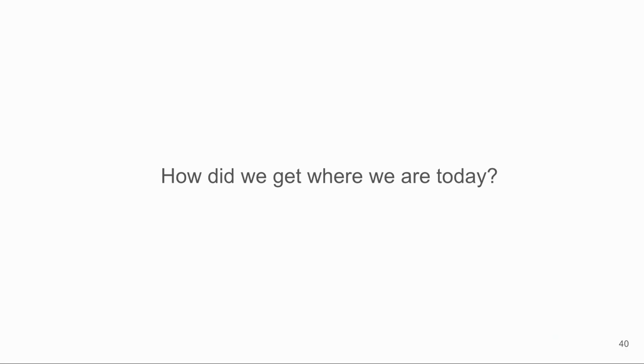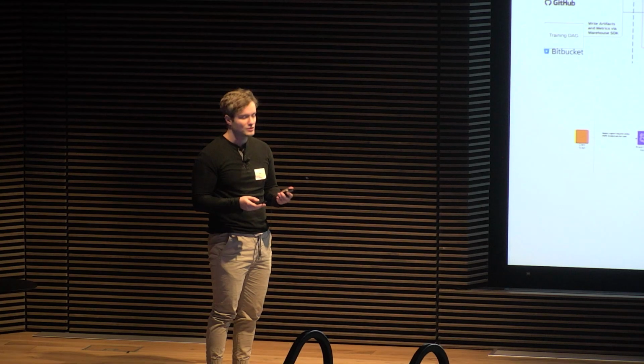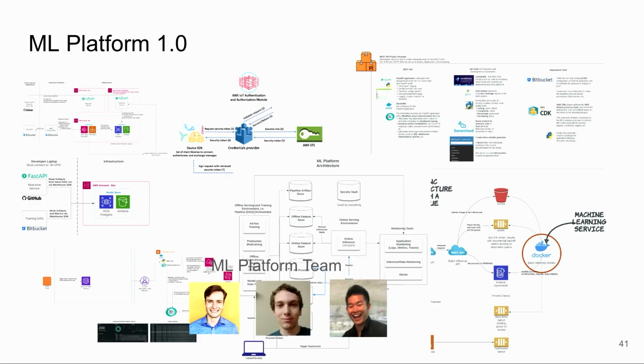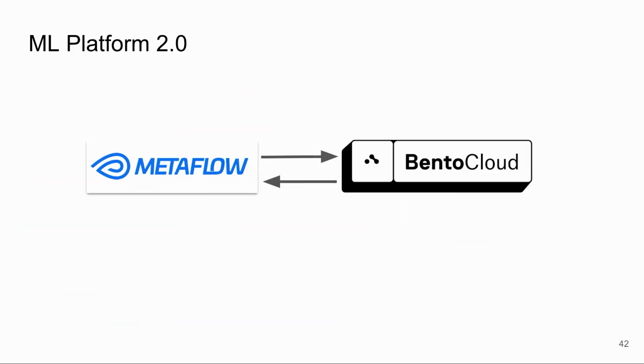So how did we get where we are today? We had ML Platform 1.0. We started building this in 2019. At the time, like John said, a lot of the tools were clunky to use, or like he talked about the limitation of SageMaker with a certain Python version. It felt like there were things like that across the board, and we thought that it was of the most value for us to roll our own platform, and so we did. And eventually, the complexity caught up with us, and our small but mighty ML platform team couldn't keep up with the feature requests the data scientists had. So we decided to simplify, and we simplified using Metaflow and another tool that I'll introduce in a sec called